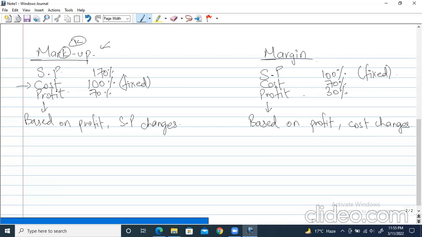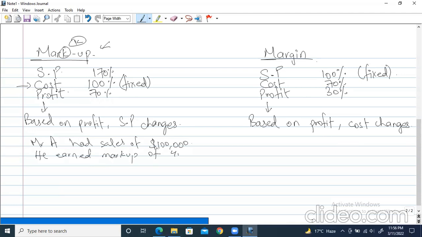Now let's take some examples. Let's connect it with some monetary values, some numerical values. After that, you'll surely get it more clearly. Now markup, let's create one example over here. Let's say Mr. A had sales of, let's say, $100,000, and he earned markup